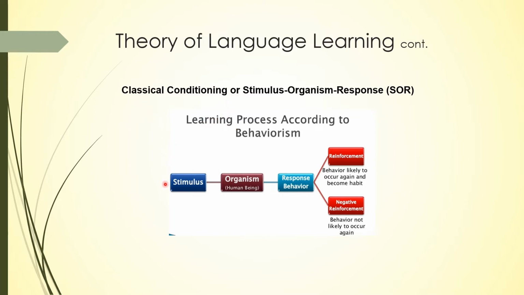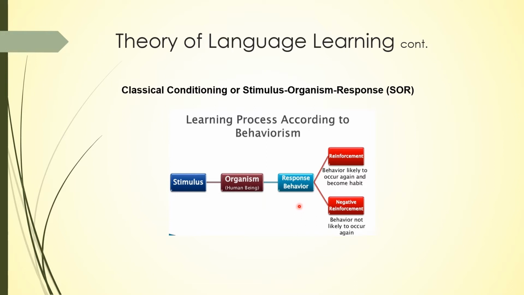So first one is stimulus. Stimulus comes from stimuli. Stimuli could be a thing, it could be an idea, anything by which a learner can be stimulated about any particular idea or thing. An organism is referred to as the human being who is trying to learn,